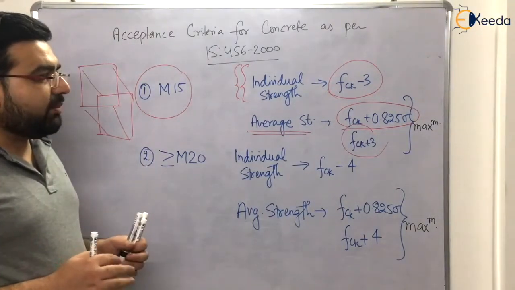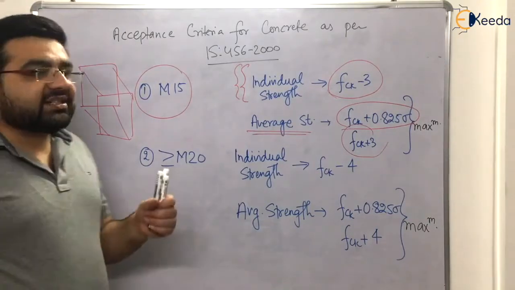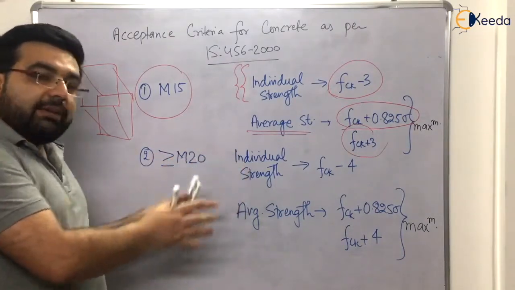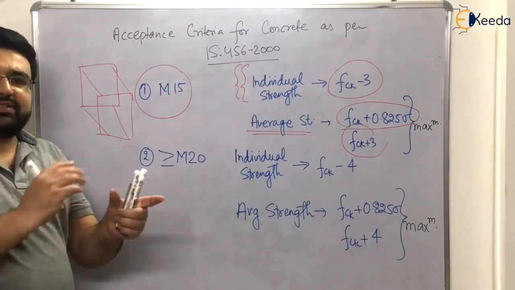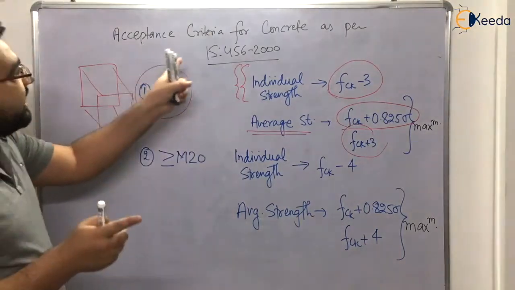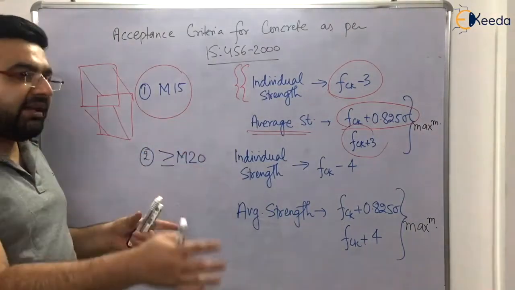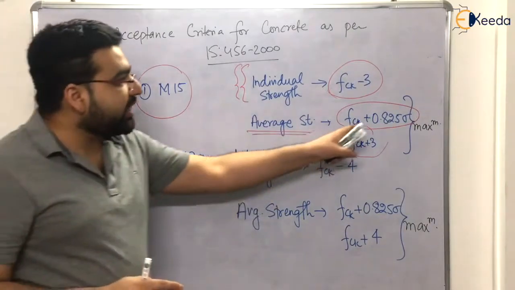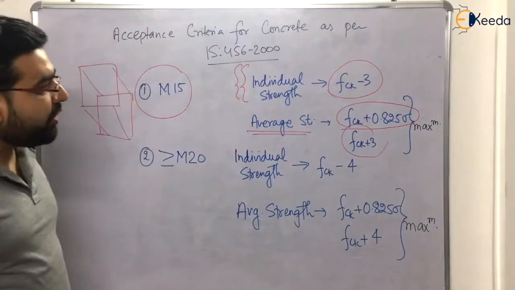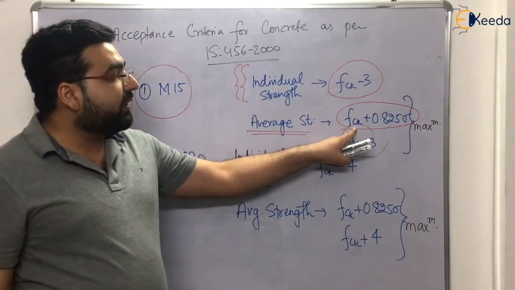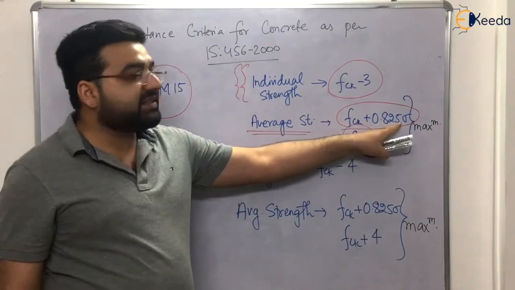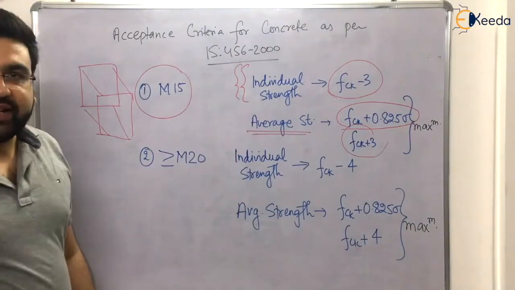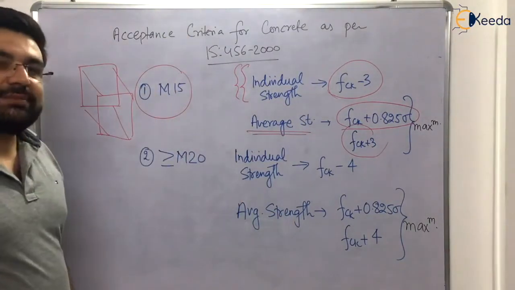Let me tell you in short. For example, say you are making concrete at site. At site, the exact conditions which you can achieve in a laboratory cannot happen, so there can be some imbalance. For that, the IS code has given some acceptance criteria. Suppose you are making concrete at site; it is not practical to go strictly by 1.65 times sigma. So what you have to do: if your average strength comes out to be greater than or equal to FCK plus 0.825 sigma or FCK plus 3, whichever is maximum of the two, you accept the concrete. You can lay the concrete at site. That is the acceptance criteria for concrete as per IS 456.